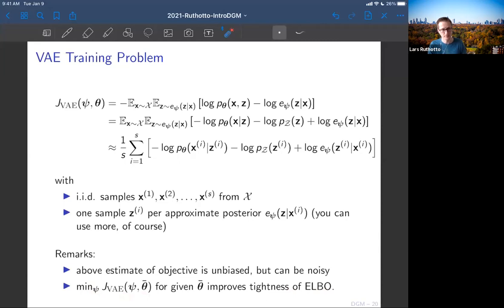Okay. The one thing already to say is in this case, psi and theta play a game together, actually, because they are both minimizing the same problem, or working on the same problem, which, generally speaking, in my opinion, minimizing a function is much easier than finding a saddle point. So we can pick up that discussion in a little bit. So that's also one reason to actually like these variational autoencoders.